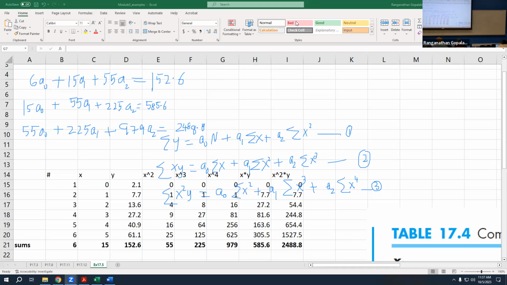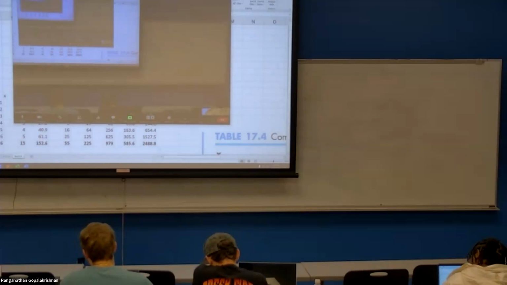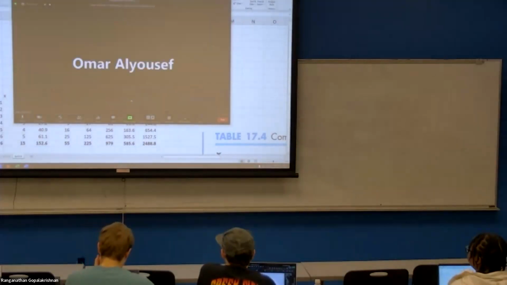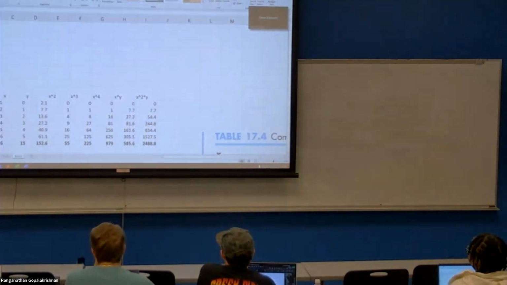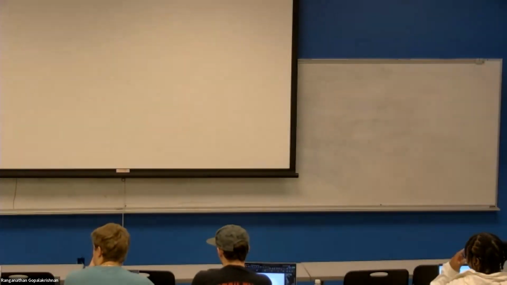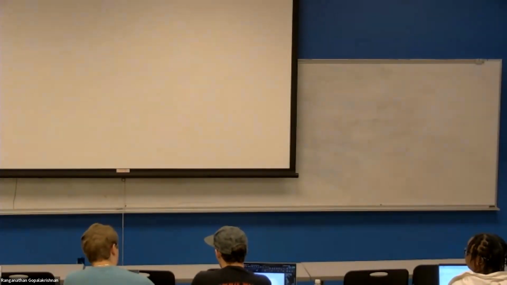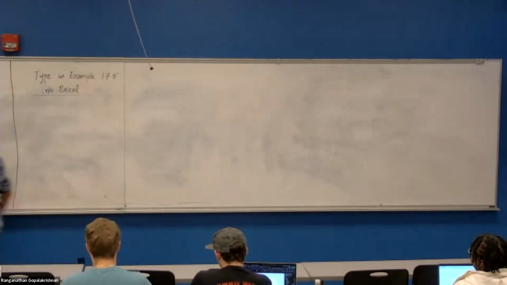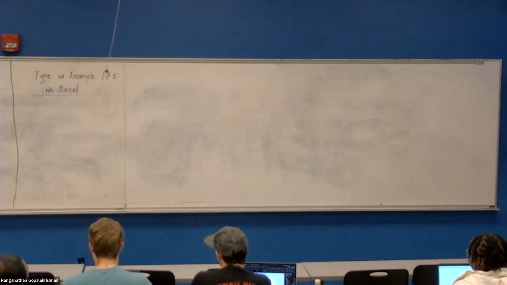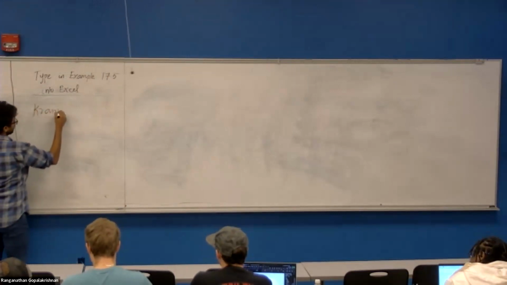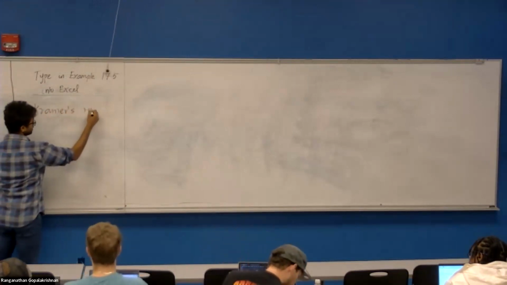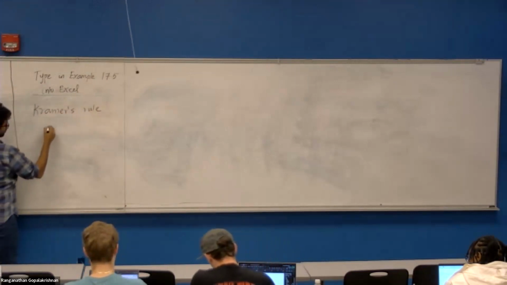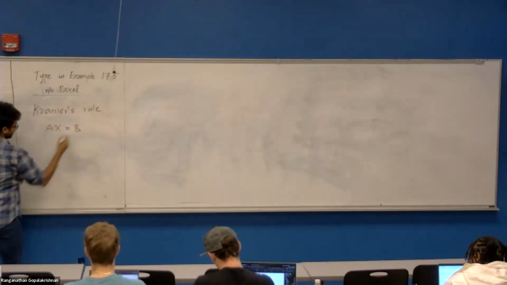So I'm going to stop the share here for a second and let's learn Cramer's rule. The easy method actually. So if you have an equation of the form Ax equal to B, in our case,